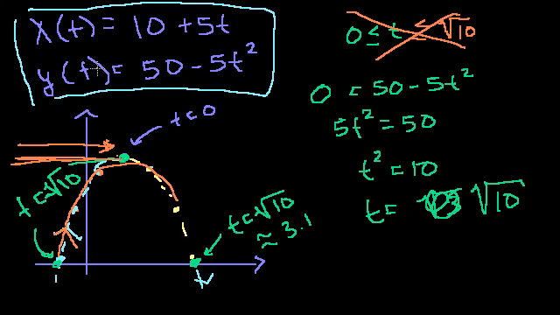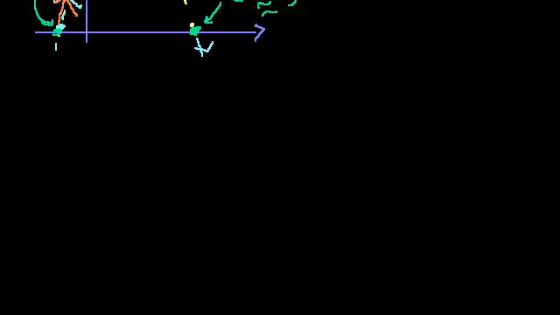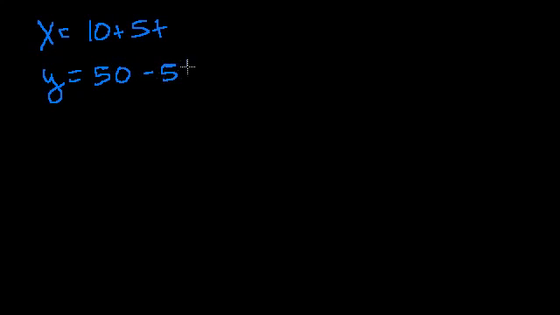But can we express this set of parametric equations as just a normal equation where y is expressed as a function of x, or x is expressed as a function of y? And let's try. So the easiest thing to do is let's just rewrite them, just so we clean up our board. So if you have x is equal to 10 plus 5t, and y is equal to 50 minus 5t